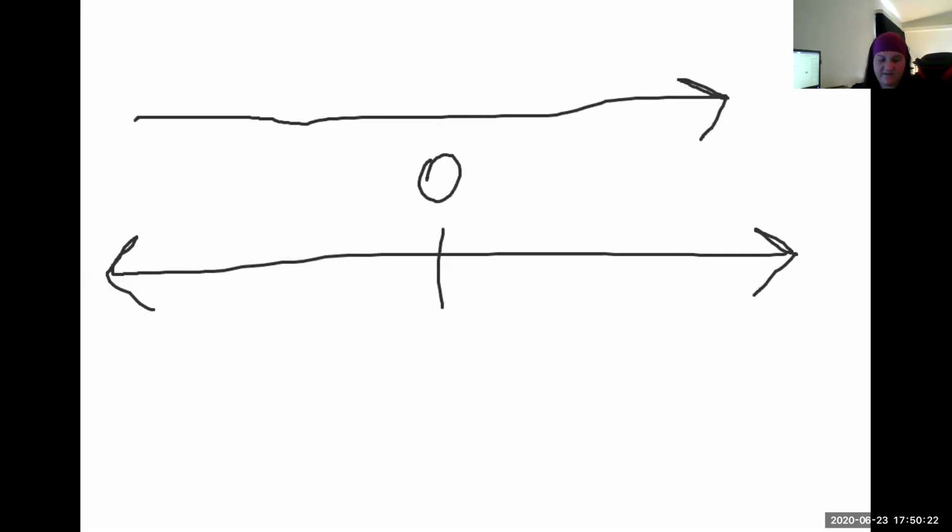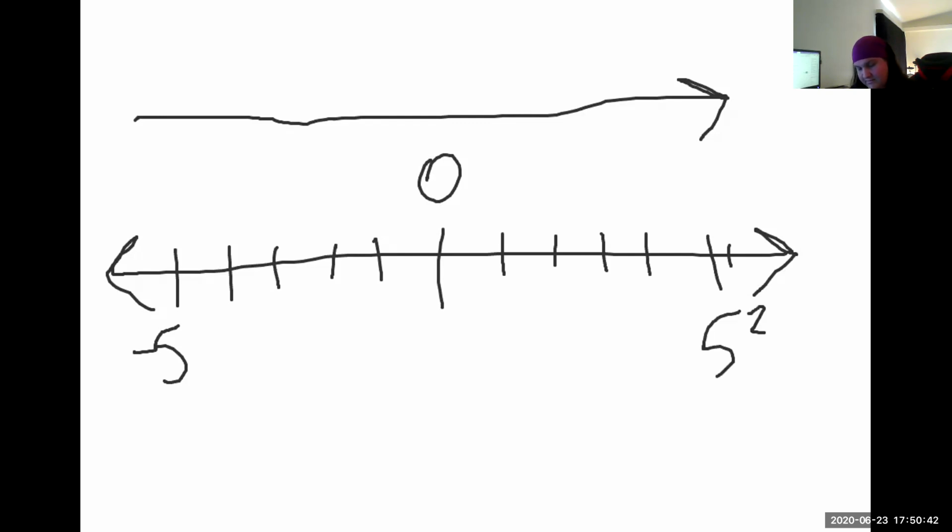Well, we have -5. So if we have 1, 2, 3, 4, 5, -5 is right here. And then we have 1, 2, 3, 4, 5. And 5 2/3 is going to be probably about right here. And then we have